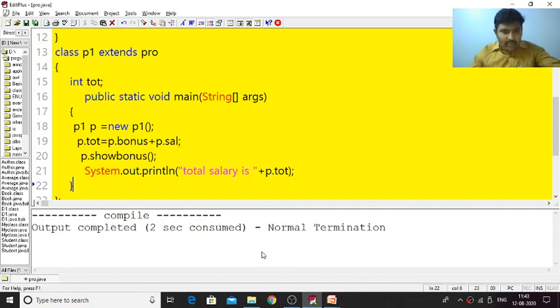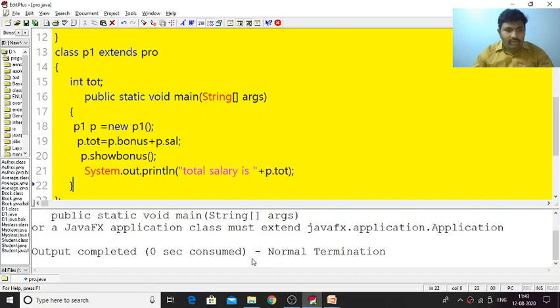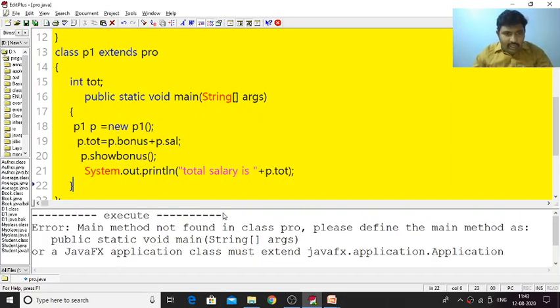So now my program is successfully compiled. Now I executed, then it's showing me an error. Why? Because see this error: Main method not found in the class pro. Please define the main method as. So what is the problem here is